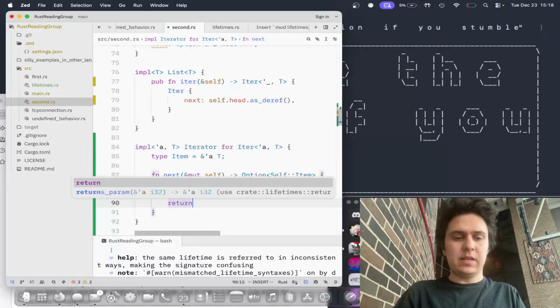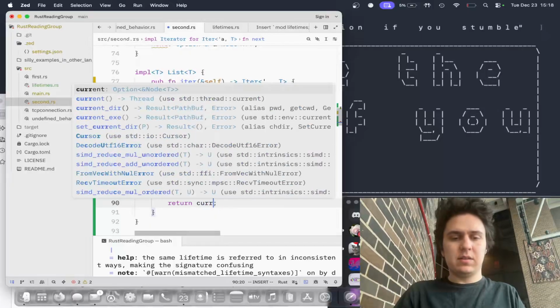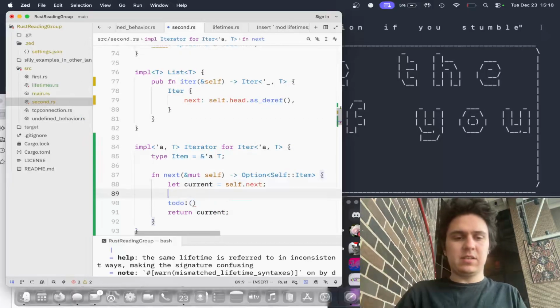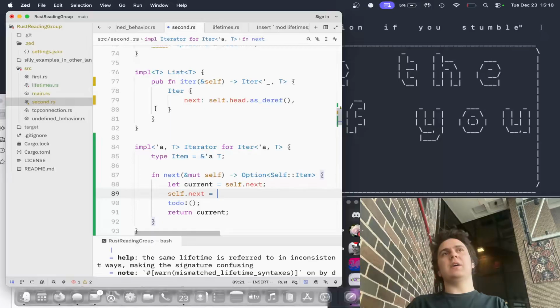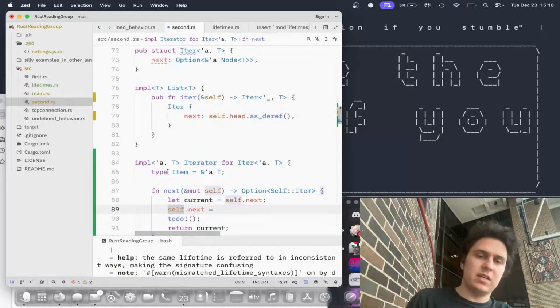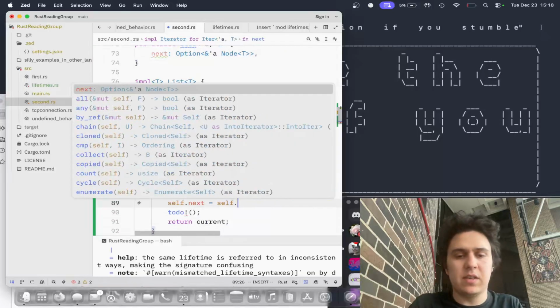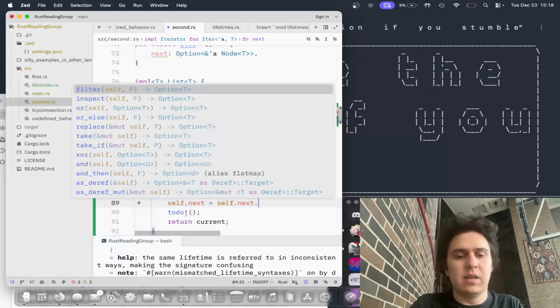And then we need to return current. But then in the middle here, we need to change it so that self.next equals, let me think. Yeah, we don't need to do star self.next because we're not trying to change the underlying item. We're trying to change what this points to. So self.next equals self.next dot